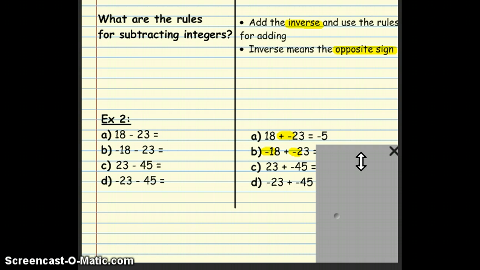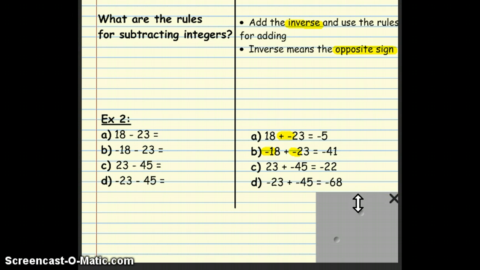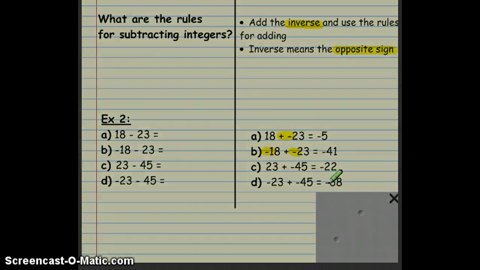So 18 plus 23 is 41, and they're both negative, so the answer is negative 41. Letter C is going to be negative 22, because they are different signs, so you subtract them. The bigger number is 45, so it's a negative 22. And letter D is going to be negative 68. Add them together. They're both negative signs, so it's